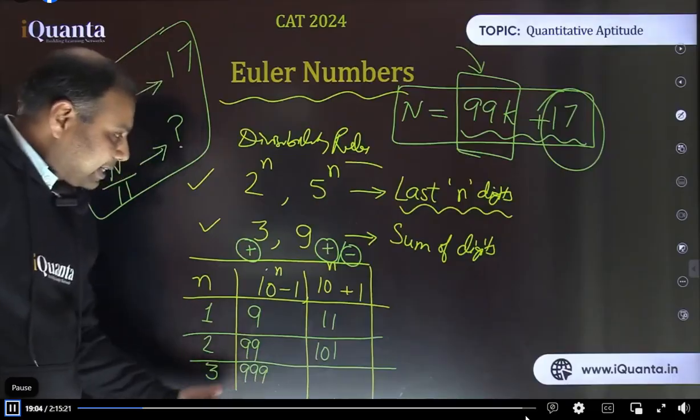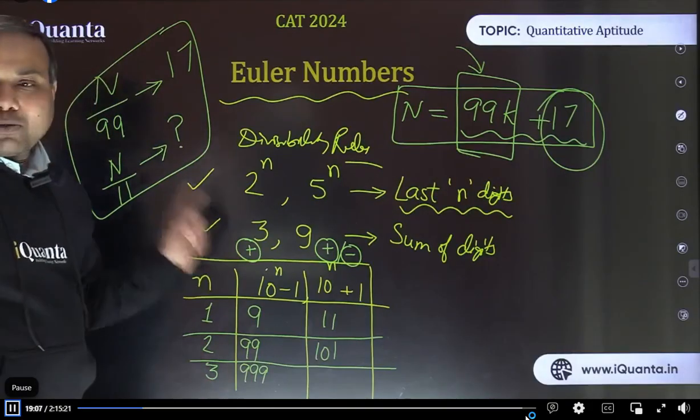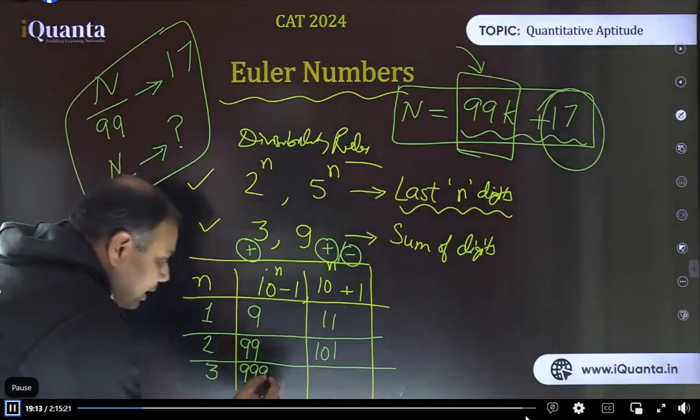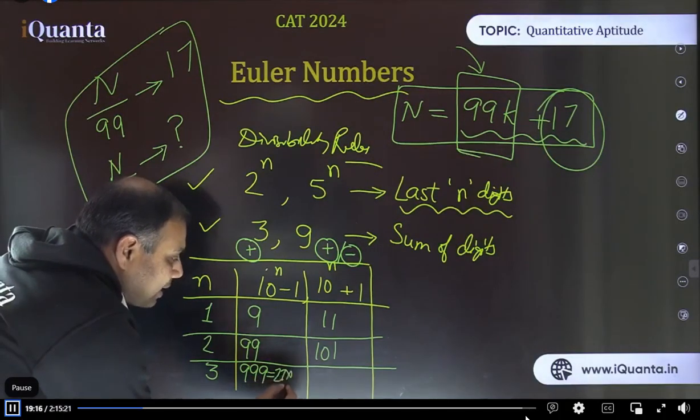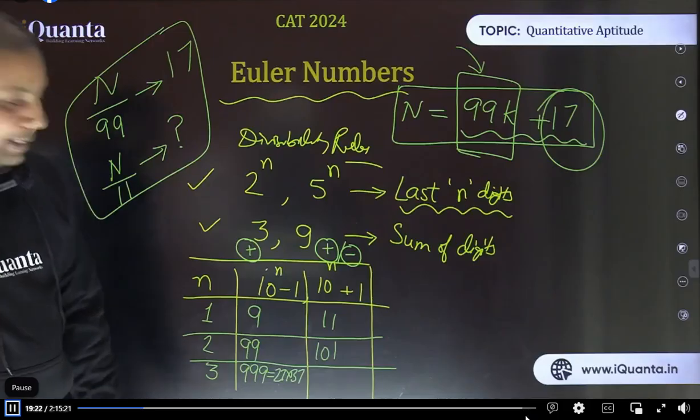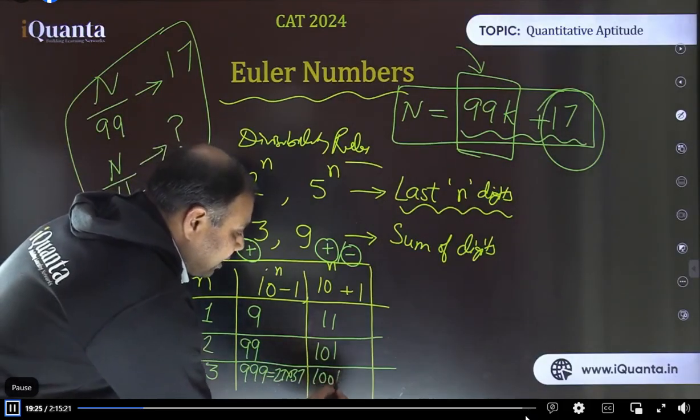Now the same way for 999, we need to make a group of 3 digits and we have to add them together. Okay, now what are the factors of 999? This number is basically 27 into 37. So the rule of 27 we get from this 999. Now 1001 is 7 into 11 into 13.